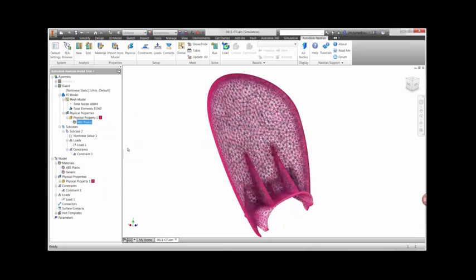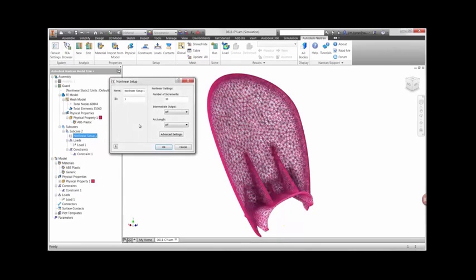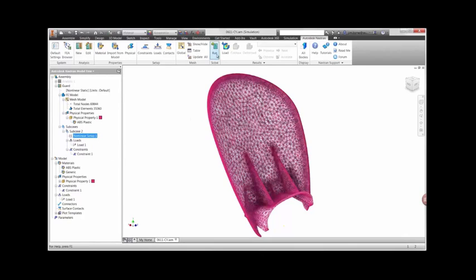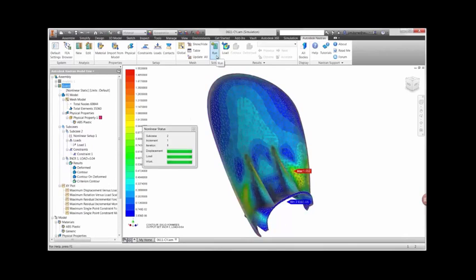The real power behind running a nonlinear analysis is the solver. Taking a look at the setup, you'll notice an option to define the number of iterations. The solver will apply the 333 Newton load in increments and update the stiffness of the model along the way. This is more accurate than linear static studies, which apply the load in one increment without updating the model stiffness. We can already see that the highest stress in the model is getting close to yield even before the solution